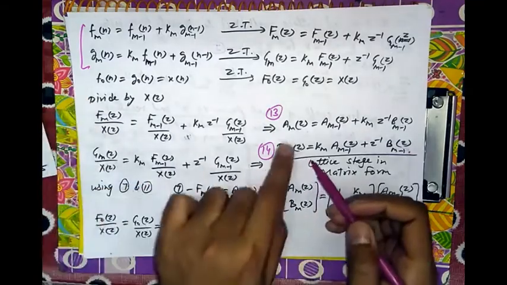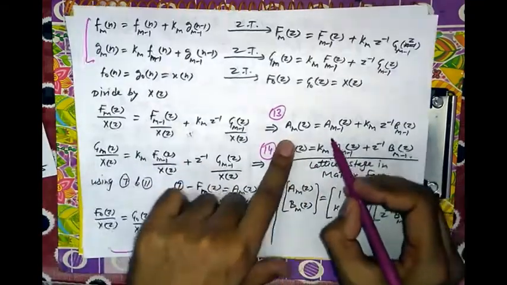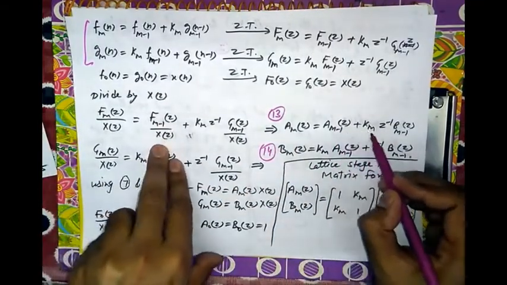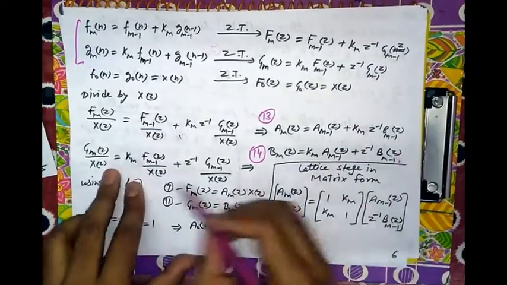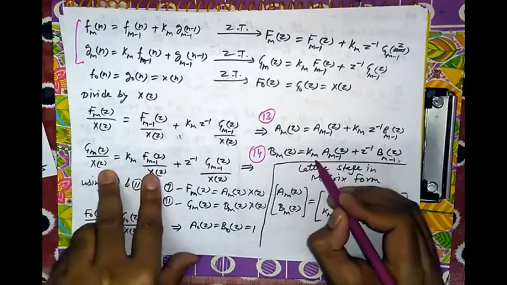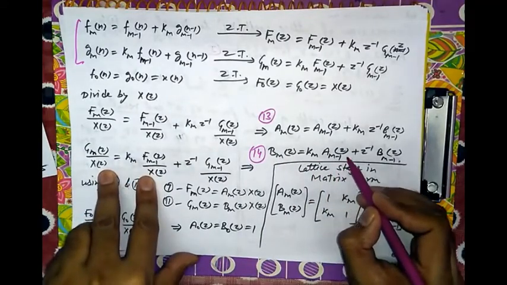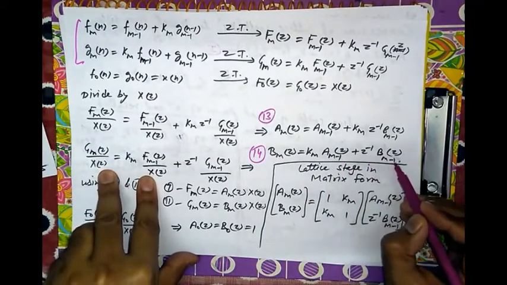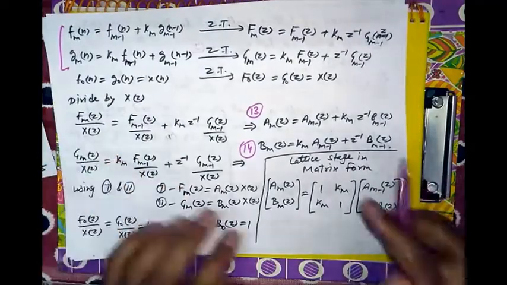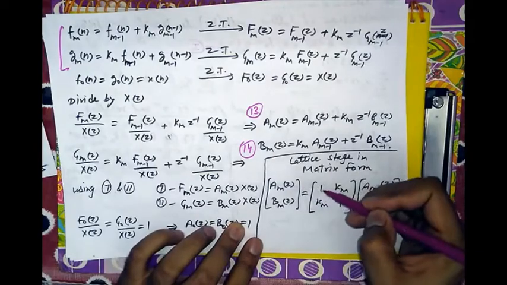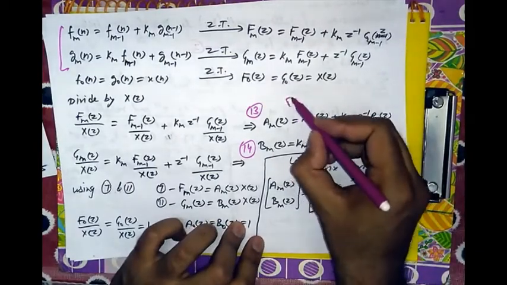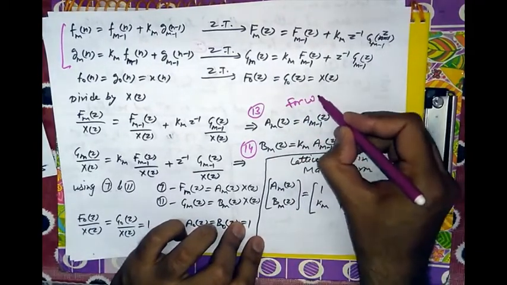Just putting the values, A_m(z) equal to A_(m-1)(z) plus k_m z to the power minus 1 B_(m-1)(z), and again in this equation B_m(z) equals k_m A_(m-1)(z) plus z inverse B_(m-1)(z). These are standard equations for polynomials,